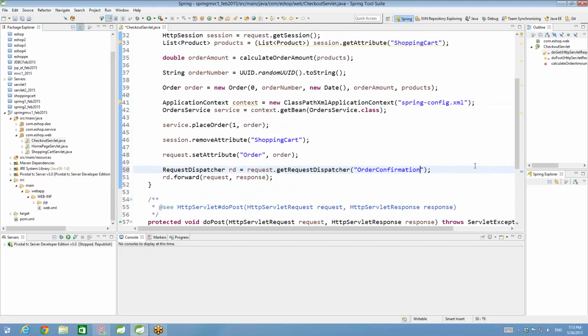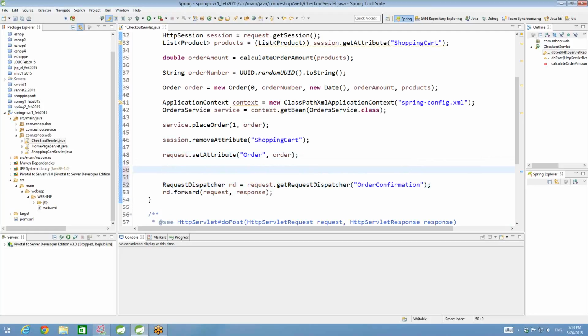Your dispatch servlet is going to contact the view resolver and say, "Hey, I got this one. Can you tell me the full path of the page, the full path of the view?" Is that clear now? Some component, which is called the view resolver, is going to maintain this somehow. We don't care. Order confirmation equals /WEB-INF